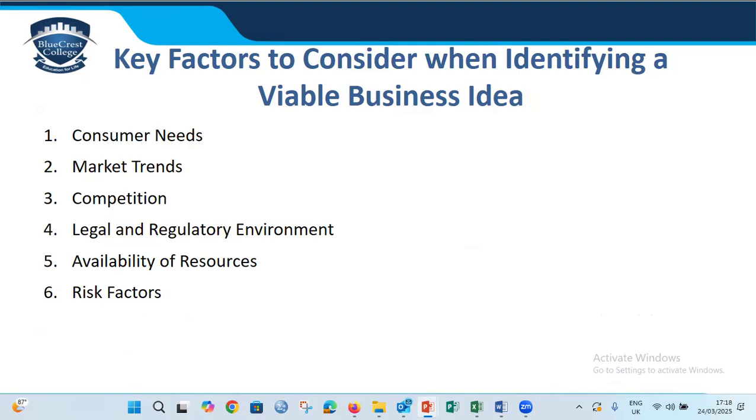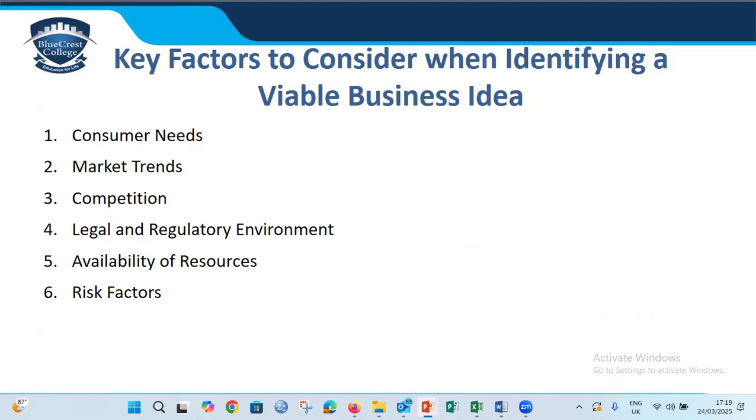Okay, check if the resources you need to operate are available or not. If they are not available, what it means is that you may have to spend a lot to acquire your resources or your raw materials. At the end of the day, maybe your final product will be more expensive than what is on the market. So you would have to check and know the resources that are already available on the market, right?